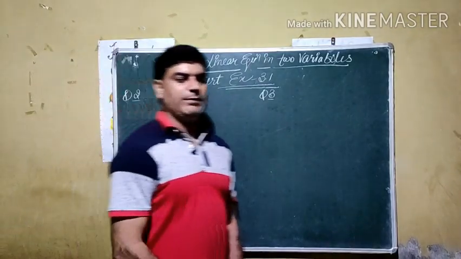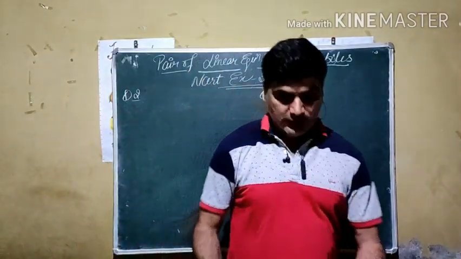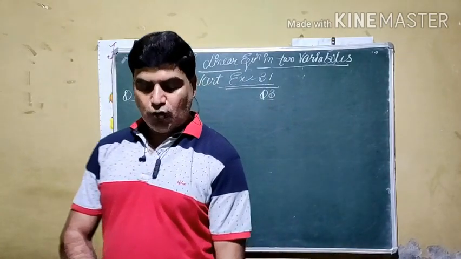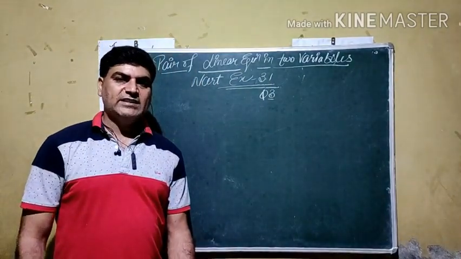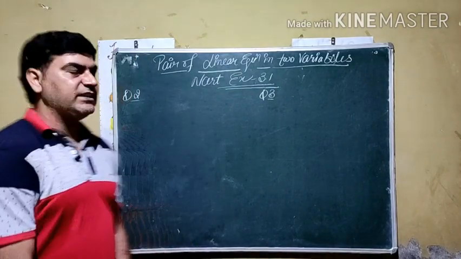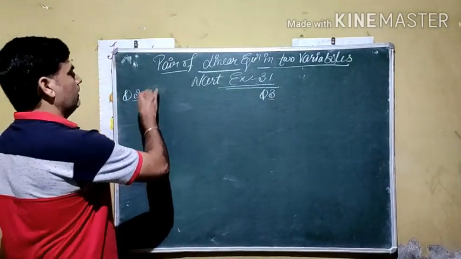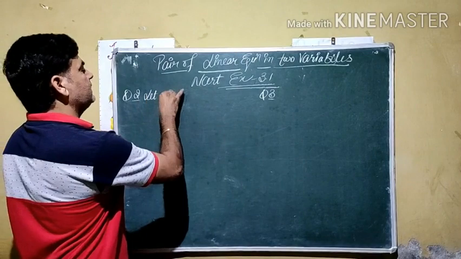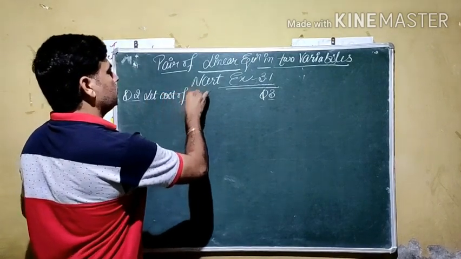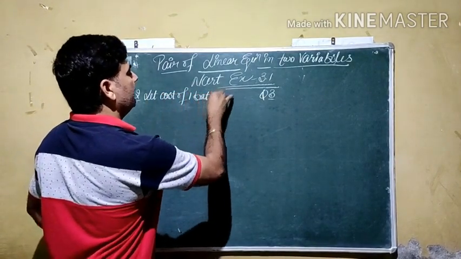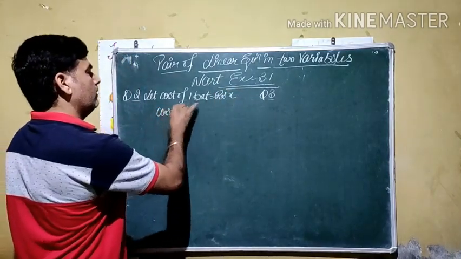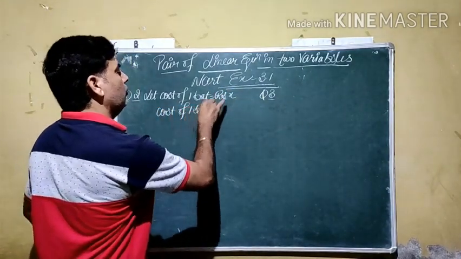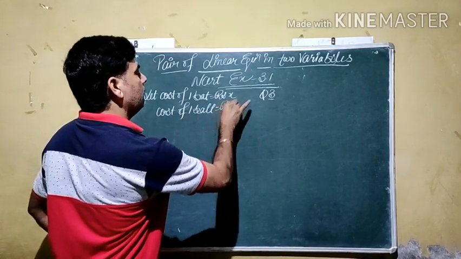If we see the statement of question number 2 from the book, it says the coach of a cricket team purchased 3 bats and 6 balls. It means there are 2 items to be purchased. So first of all, let the cost of a single piece, the cost of a bat, be rupees x, and the cost of a ball, meaning 1 ball, be rupees y.